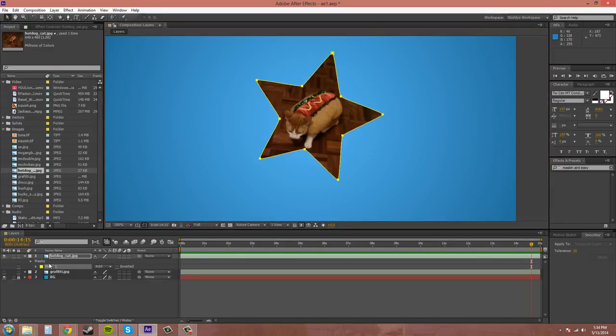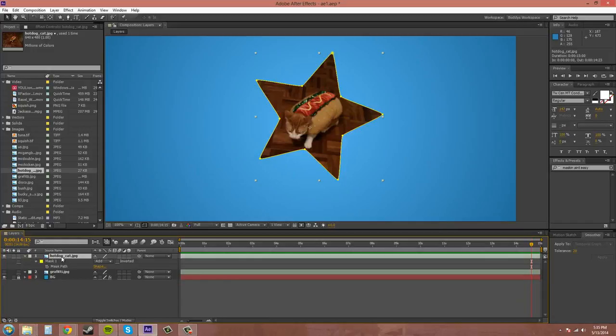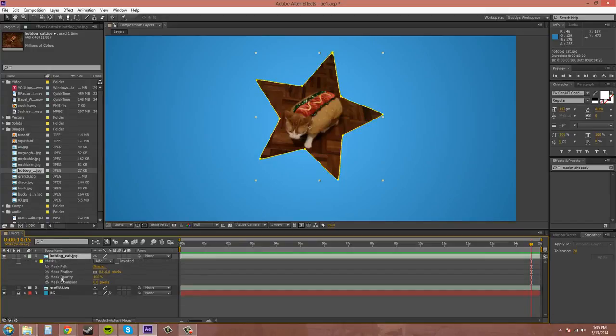and to open up your mask properties, you can either twirl down, and here they are: mask path, feather, opacity, and expansion. Or you can press M on the keyboard, and then there's also certain hotkeys for the different properties that I'll go over with you once we get to them. So the first one I want to go over here, we went over mask path before